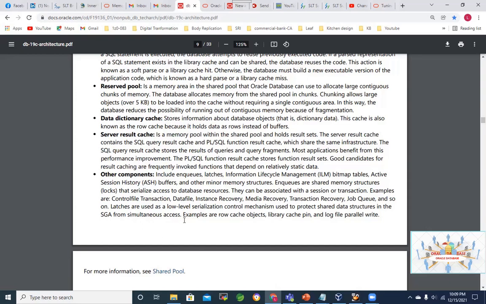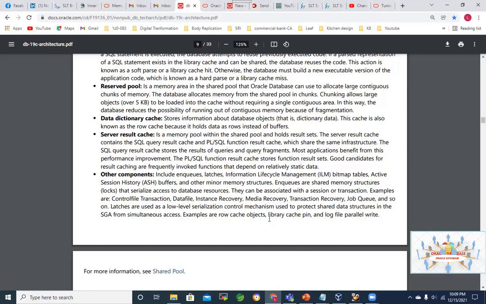Because when users are parallelly accessing the same memory structure, latch management is very important. A latch is like a temporary locking situation for a given memory area. Because we know when the same memory area is shared across multiple users, it has to be managed properly. So latch comes into play in that place. So let's talk about that one later.